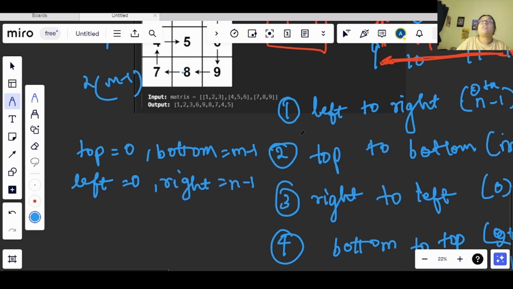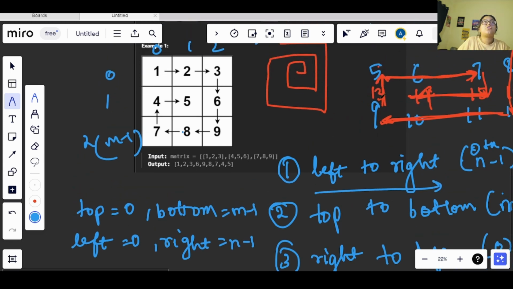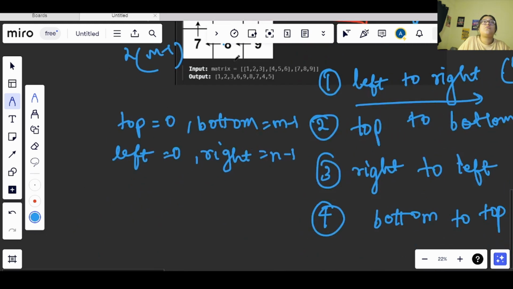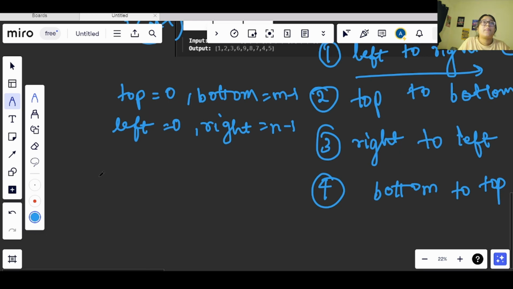So now in the first step, we are going from left to right, right? So basically we are traveling from the 0th index to the second index. We know this, so we will implement this. Now in the first step we are starting from the 0th value, which is top here.